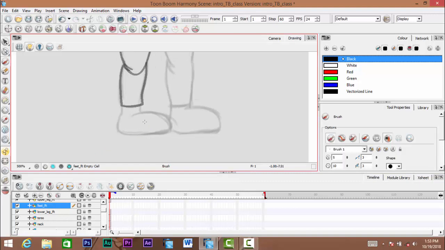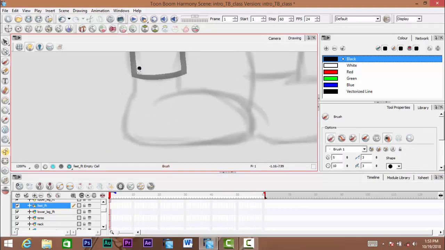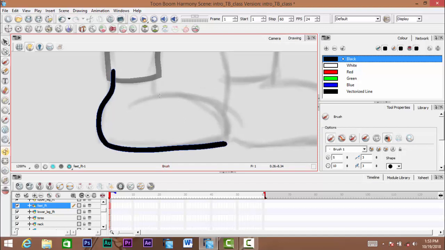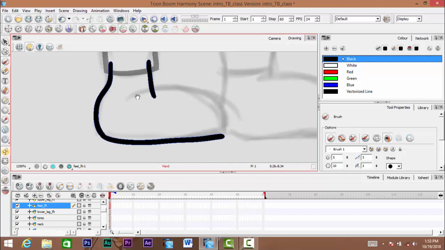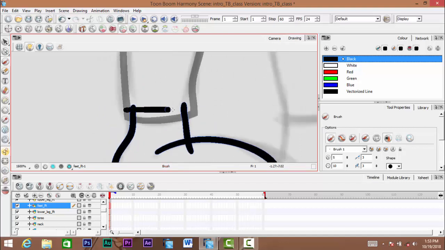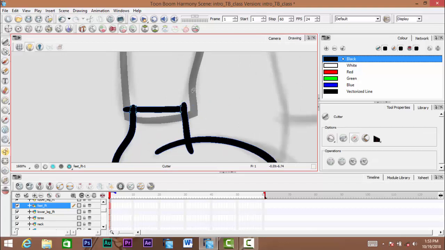Okay, we can use our brush tool and draw. Okay, trying to get exactly what I'm looking for. All right, so you can close this thing off here and use our cutter and cut,